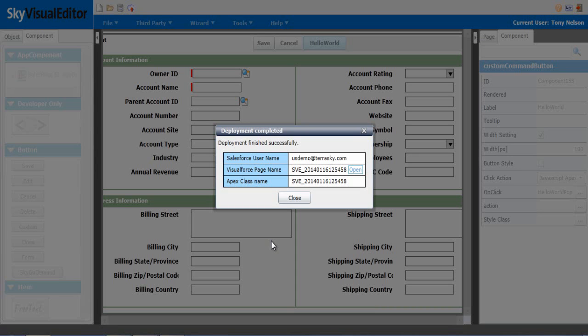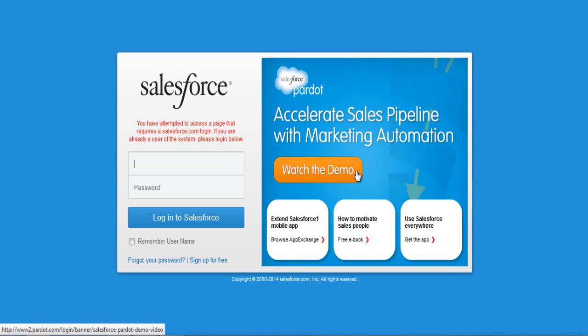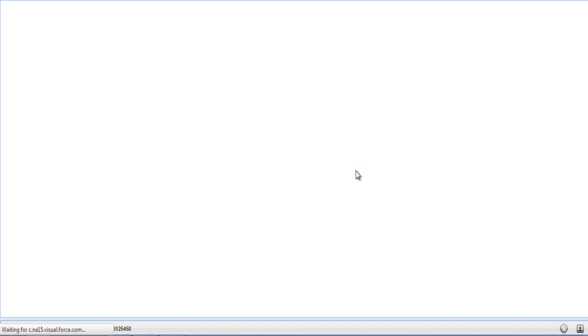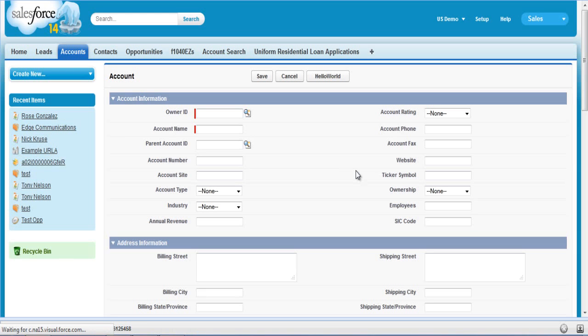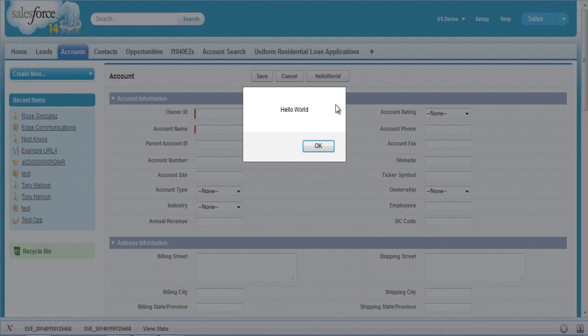Alright, and now that the page has been deployed, let's go ahead and click the Open button. Go ahead and log into Salesforce. And here we have the Visualforce page that was just created. Now with this Visualforce page, again, we have the Hello World button at the top, and when I click this button, there we have the Hello World